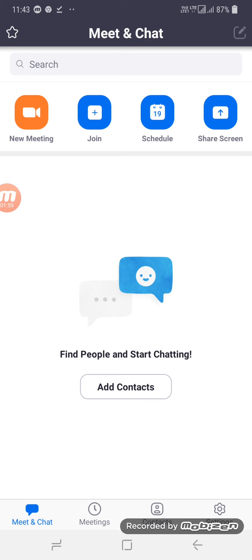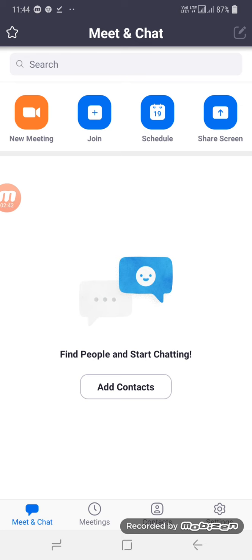After installing the Zoom app properly, you have to do the sign up process. For the sign up process, you have to provide your date of birth in the format of day, month and year to the system. After that, you have to provide your email ID and set a password. The password must have at least one uppercase letter, some lowercase letters, a special symbol and some numbers. Once you set the password, you will get a confirmation email on your email ID. Click on that and activate your account.